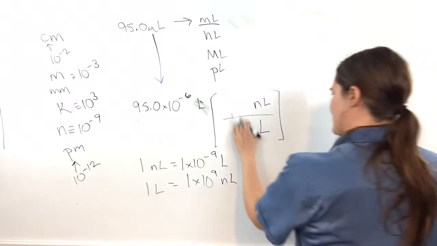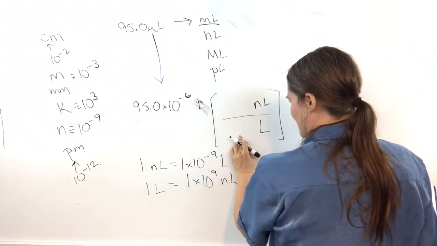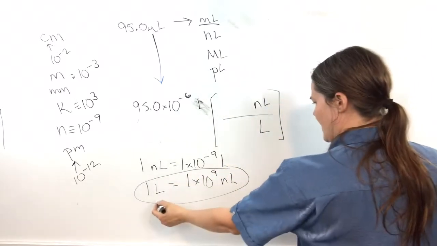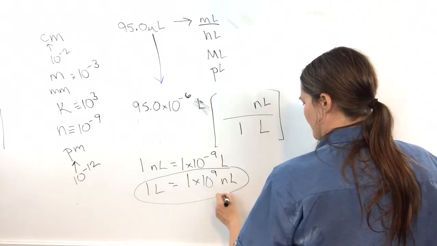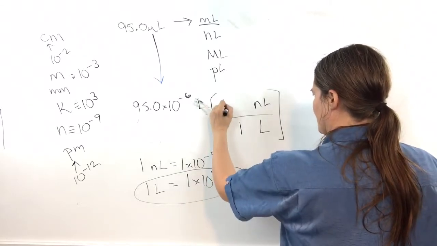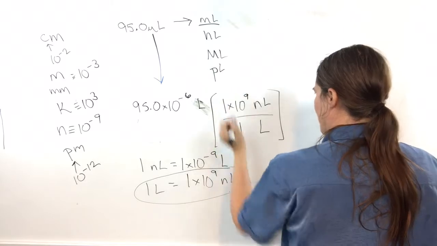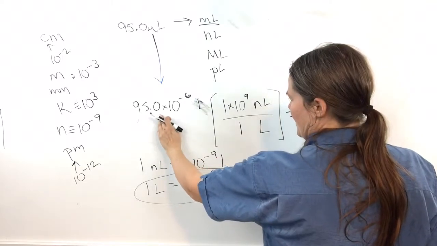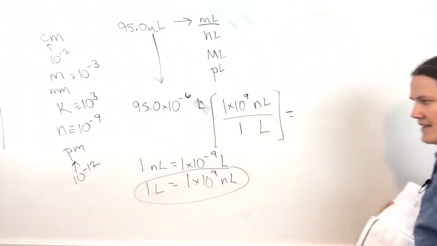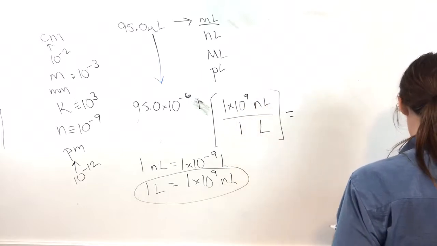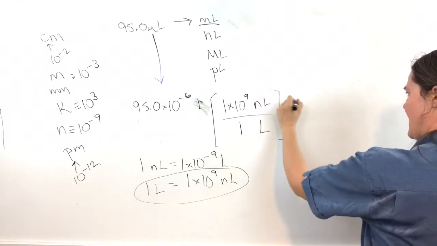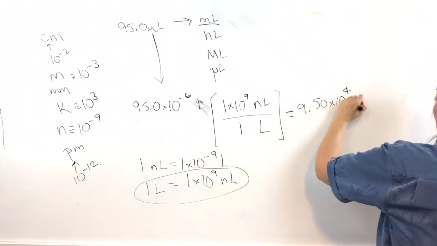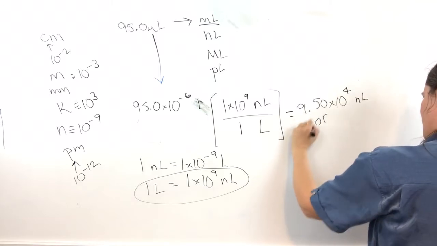So then we can pick one of these to use as our conversion. I'm going to use this one. So I have liter on the bottom, so this is 1 liter, and then I have nanoliter on the top, so this is 1 times 10 to the 9th nanoliter. So then I can go through this math. I have 95 times 10 to the minus 6 liters times 1 times 10 to the 9th, and this is equal to 9.50 times 10 to the 4th nanoliters, or this can be written as